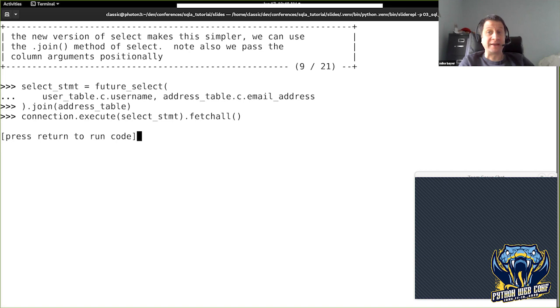I might move it. I'm not really sure how to do this, because .join does behave differently in the future version of select than in the classic version. It's just that the old API is very broken and useless. So